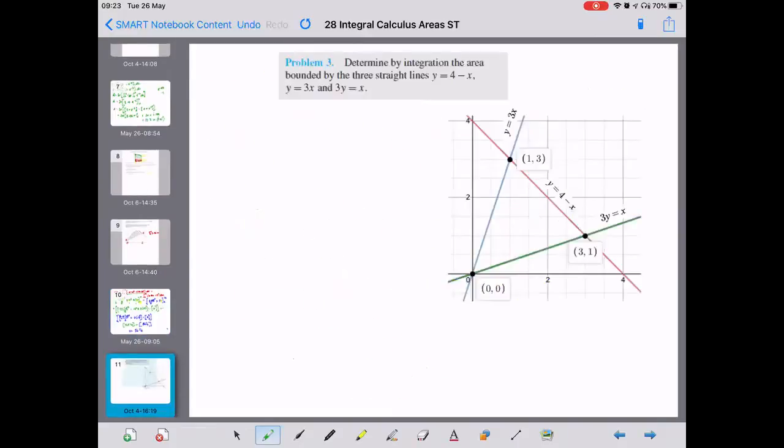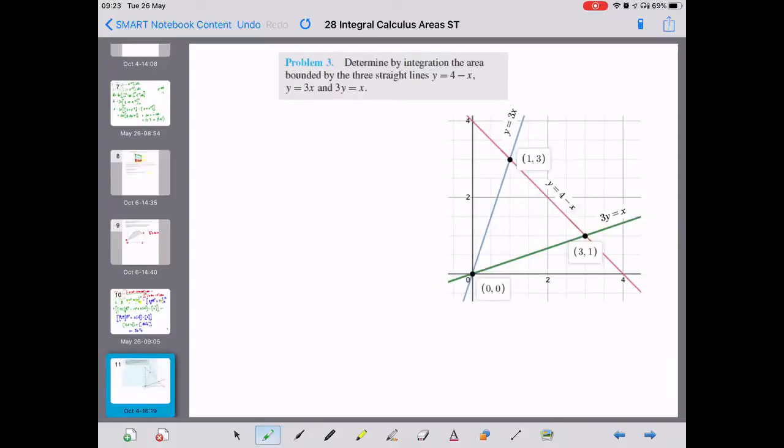Okay? So if we've got 3 linear functions here. Y is equal to 3x in blue. Y is equal to 4 minus x in red. And 3y equals x is the green one. And we've got limits to look at. But if we can find the area bound by those 3 lines,